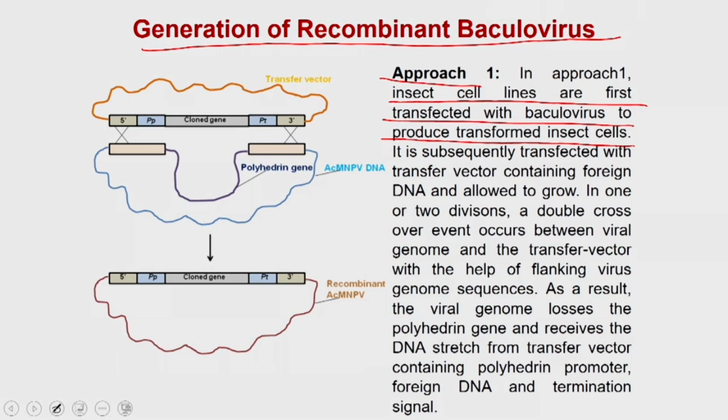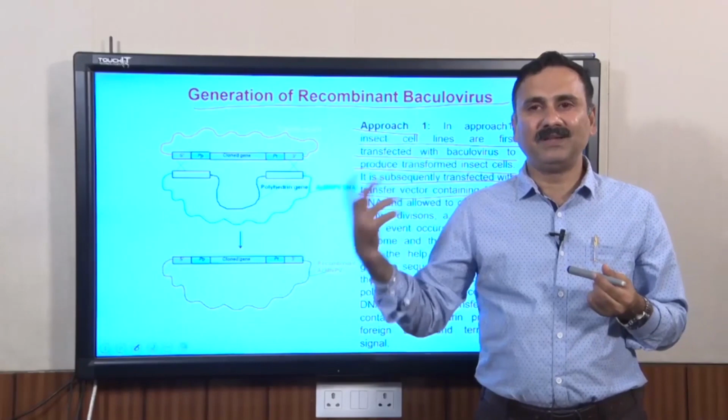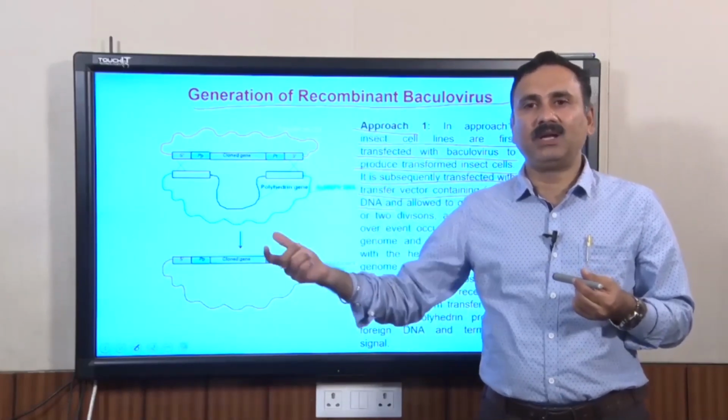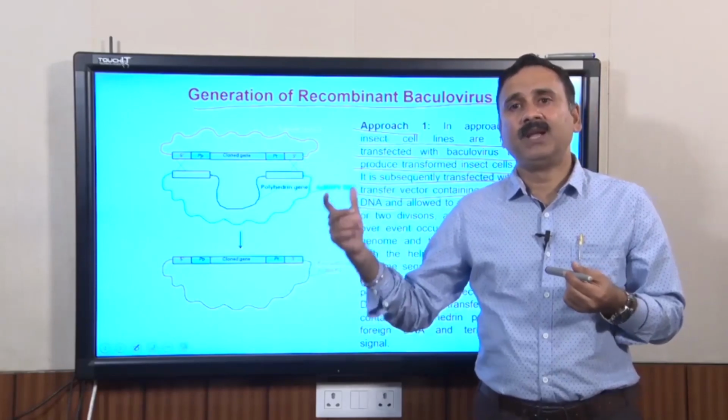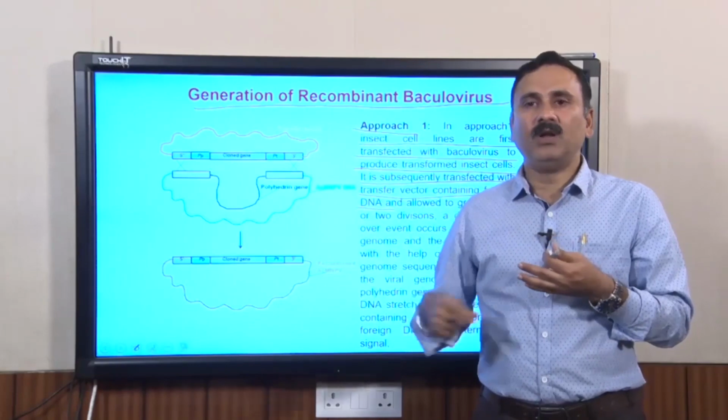Now, in the second step, you transfect these cells with a transfer vector containing the foreign DNA. Now, what will happen is, once the transformed insect cell lines, where you have already put the viruses, are transfected with the transfer DNA containing the foreign gene, they will replicate for 2 to 3